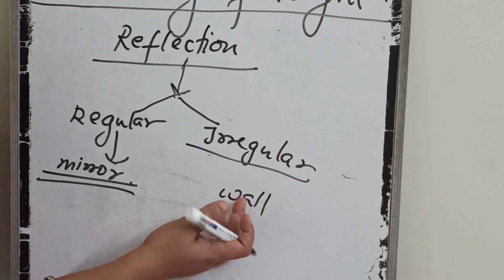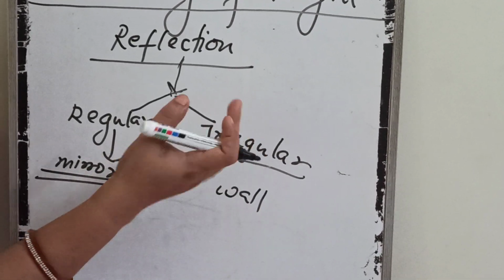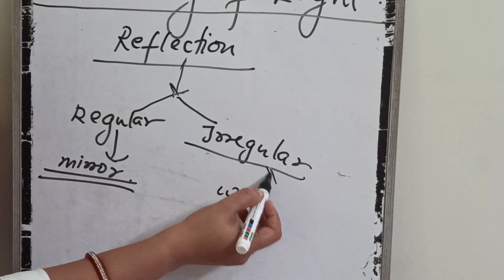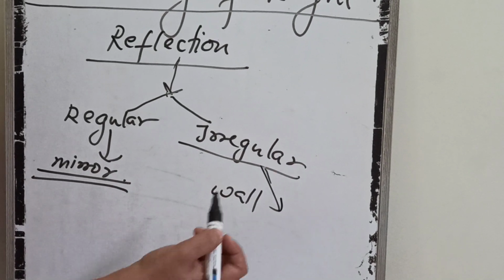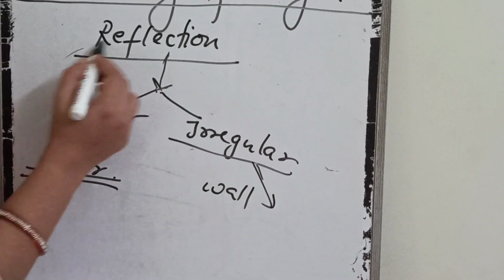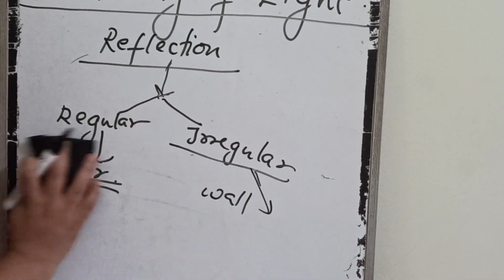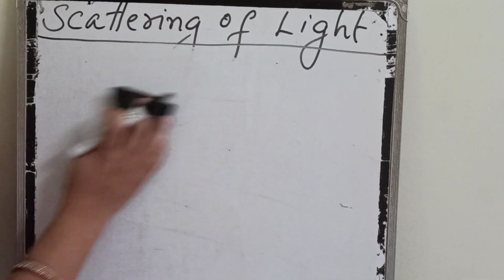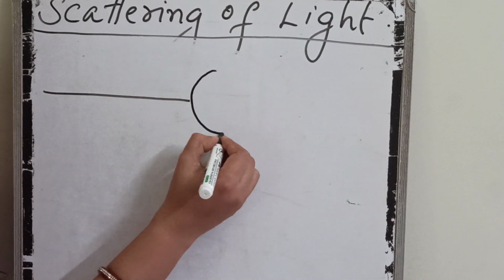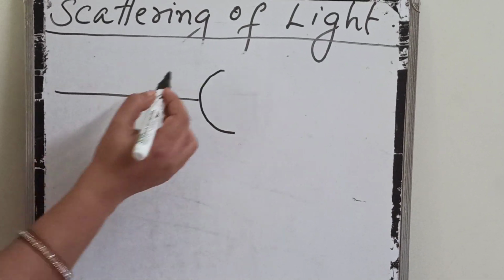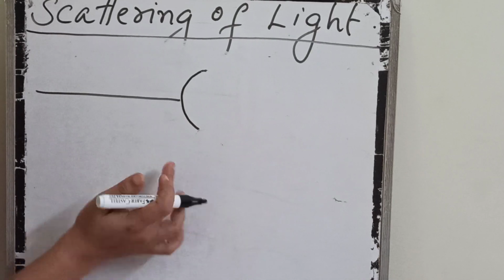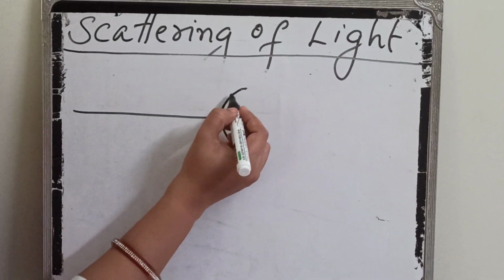Here we can't see our image, but, for example, if light falls on the wall, you can see the wall itself, isn't it? It is because of the irregular reflection, and light comes in some different pattern also. So these are the types of reflection. Now, another type, for example, if light hits on a spherical surface. Actually, this is a sphere. Now I am just taking this part only. Don't take it as a mirror or something, just a spherical surface.